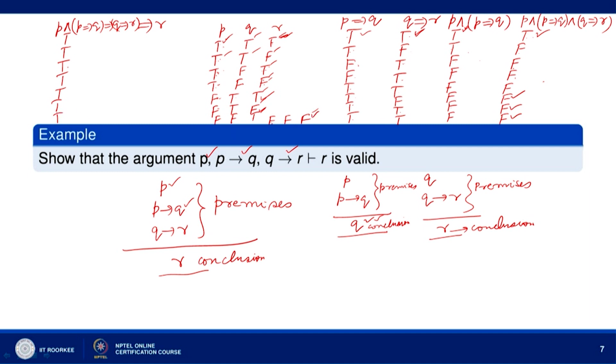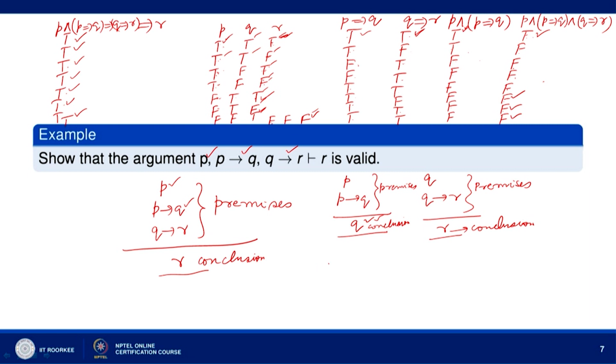So, all the values 1, 2, 3, 4, 5, 6, 7, one more value is left out. T T gives T, F F gives T, F T gives T, okay. Then F F gives T, then F T gives T, and then F F gives T, then F T gives T, and then F F gives T. So, one more T is there. So, all entries in this column are T, and therefore,